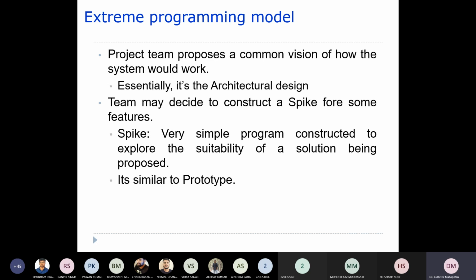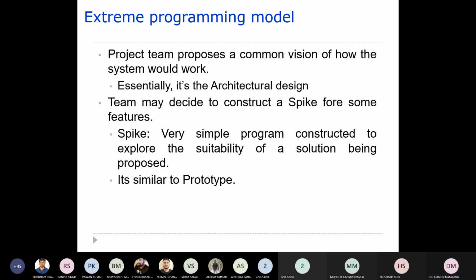Sometimes it is also called a prototype, very similar to a prototype. That is what we call a spike. If it is really required for some features, then the team may construct that particular spike.